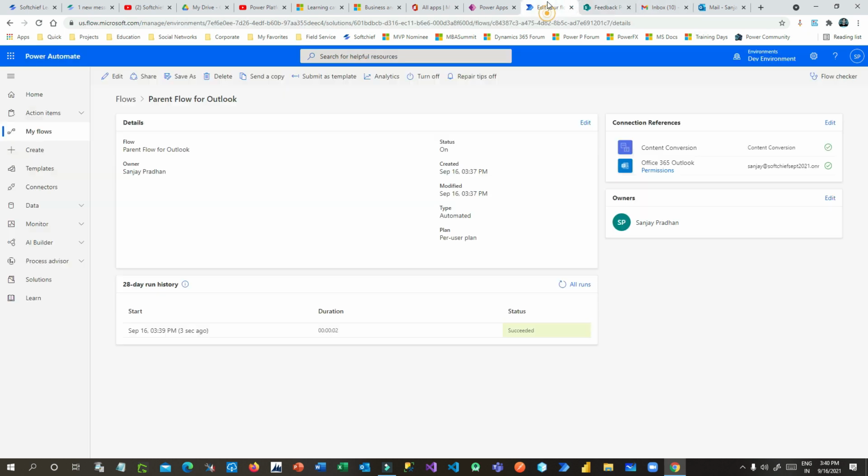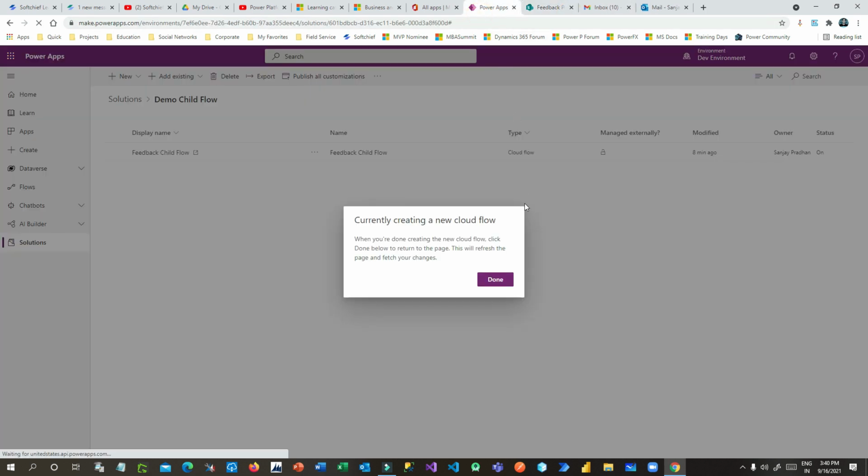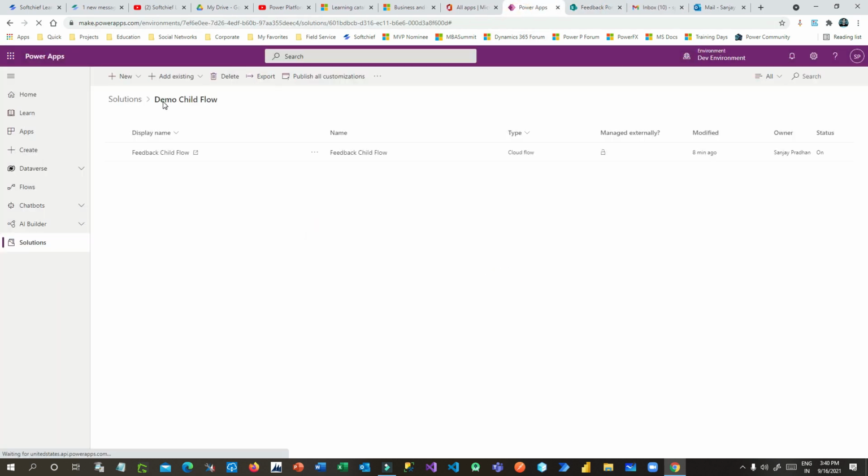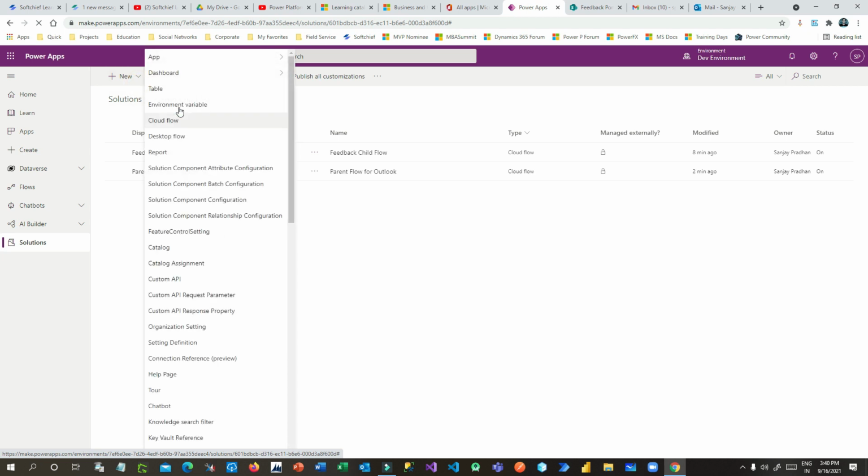Now let us call this same child flow from another trigger, right? Let's say I'm expecting people submit some feedback using Microsoft Forms, right? Let us create for that. So click on new, again new cloud flow,